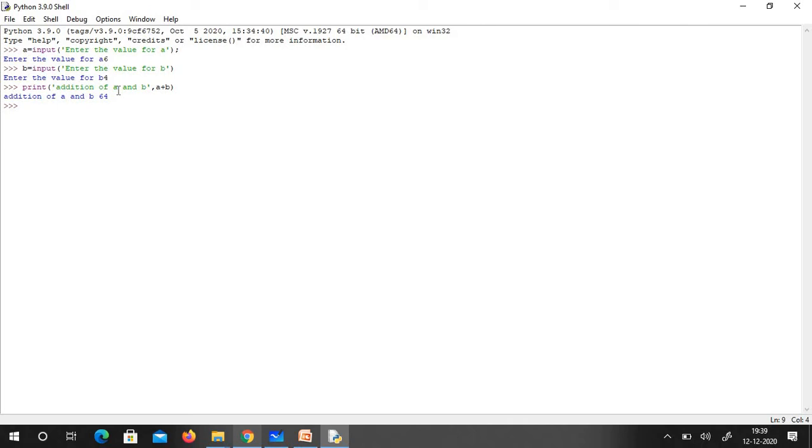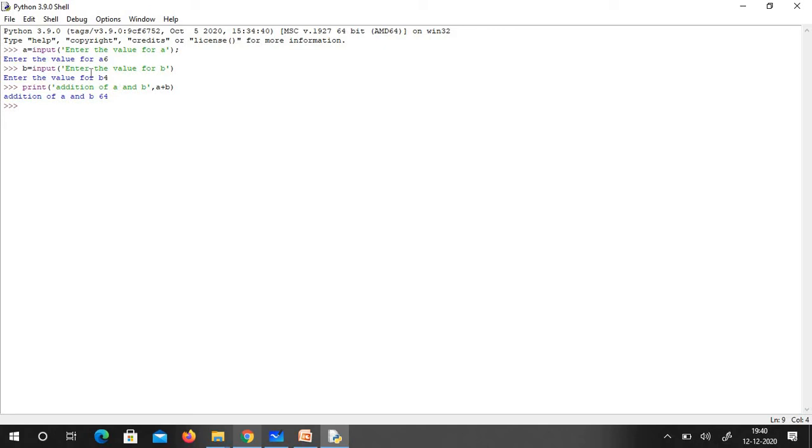You know why? Whatever you take as input from the user is not of the type integer. We'll discuss data types in detail a little later. For now, just understand it is not of the type integer, so you have to convert it to an integer. It is very simple.